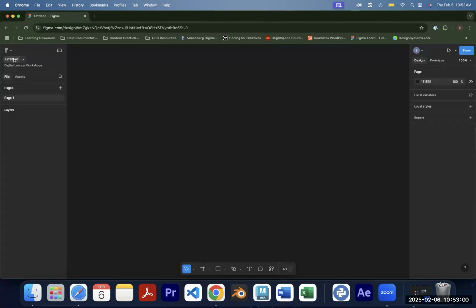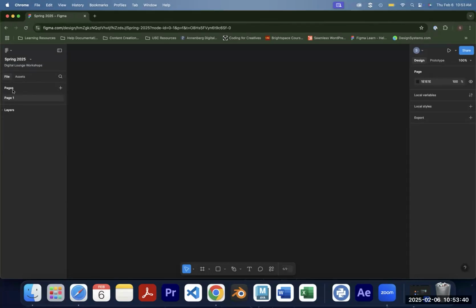So let's go ahead and change that. If you double click within Untitled, you'll get this text editor and you can name your file whatever you want it to be. So I'm going to call this Spring 2025, just because this is the Spring 2025 version and I keep them all in one project. You can name it whatever you would like. And then when you click out, it just gets applied. The really nice thing about Figma is it auto saves,